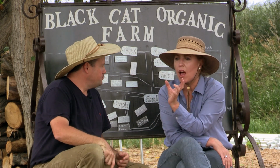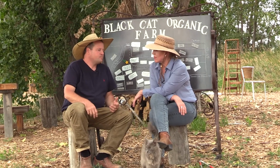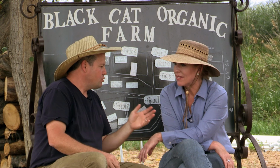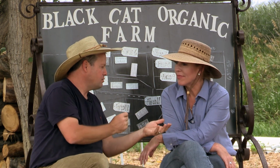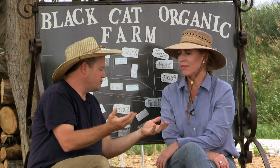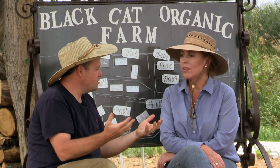So is this a model that can sustain the population of the planet? I think so. There's an oddity that happens in our agricultural world. You'll have a neighbor on one side of the fence who grows nothing but corn. And in order to grow the corn, he has to buy commercial fertilizer. And then you have a neighbor on the other side who raises nothing but pigs. And those pigs provide a lot of manure, which is essentially a lot of fertilizer. And those excess nutrients from the pigs end up going into our streams and rivers,